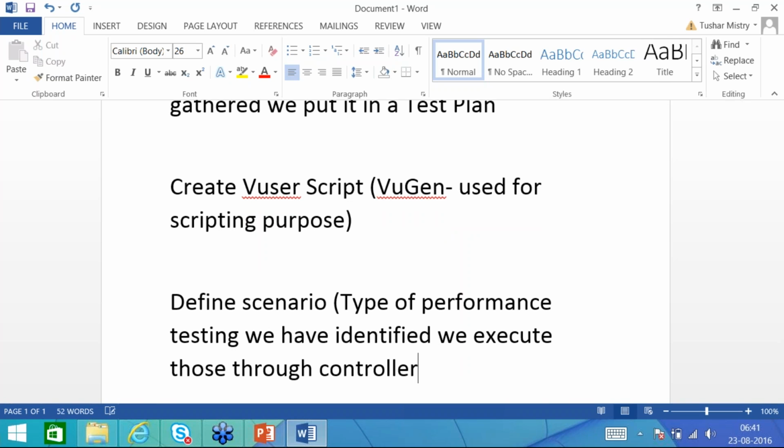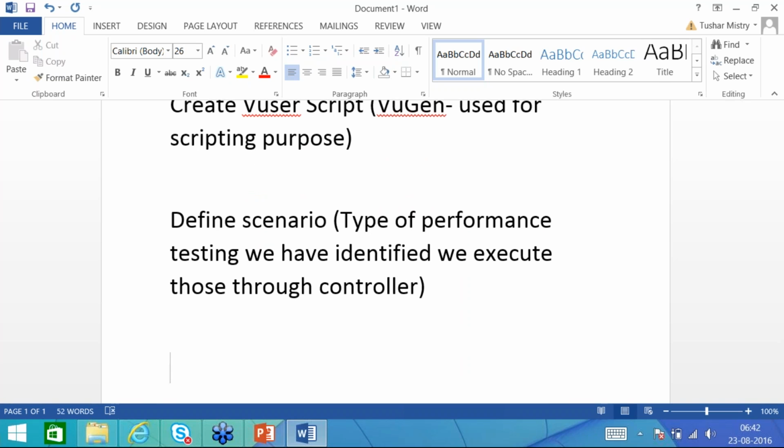Okay, so that is another component of LoadRunner. So Controller is mainly used to define scenarios and run the scenarios. Okay, once we define the scenario, we do the execution of the scenarios, or you can say run the scenarios.